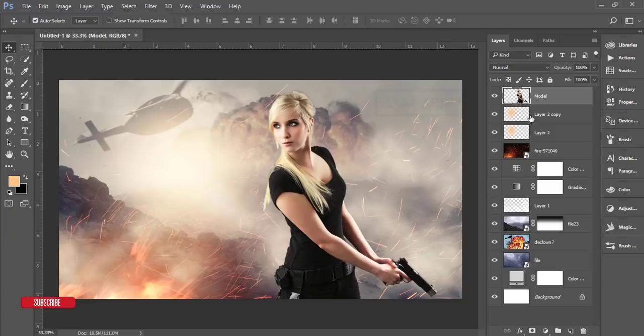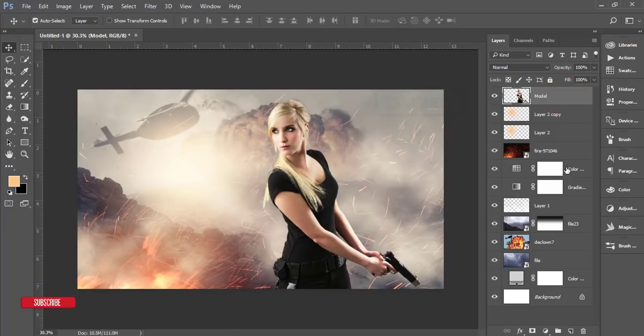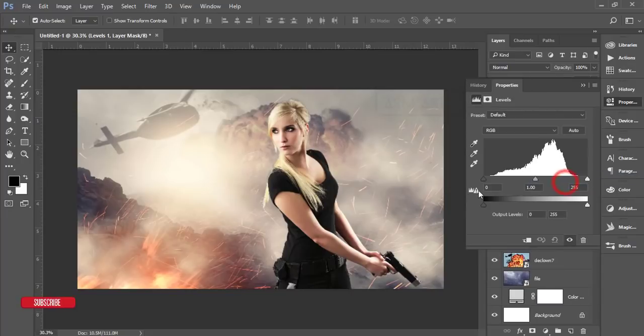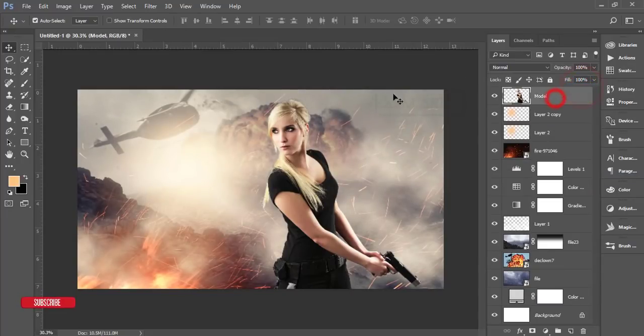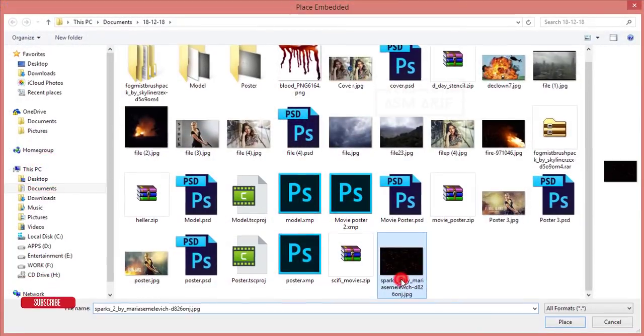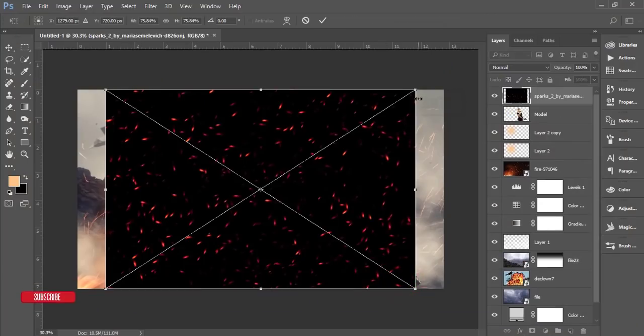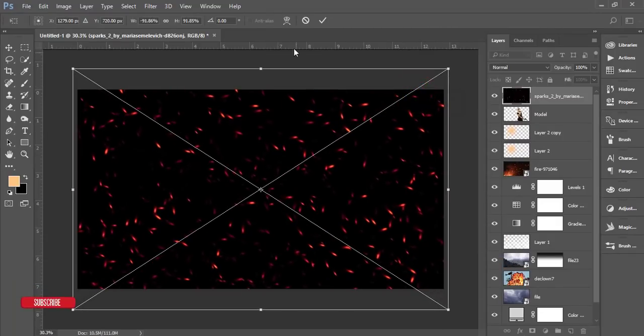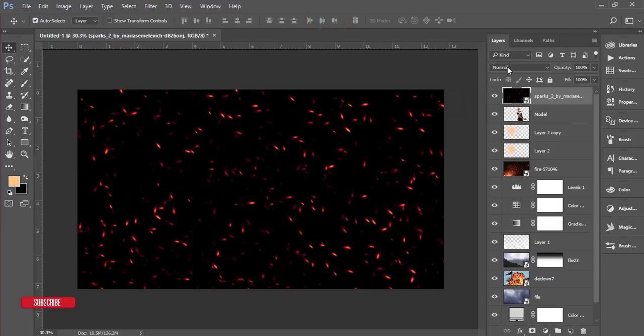So after that, here I'll use the levels just because I need to control the contrast and other stuff. So here's the levels and I'll make it like that. That's fine. And select the model and go to the file options and go to the place embedded, and now I'll add another spark and right press and flip horizontal and make it bigger and tick button,